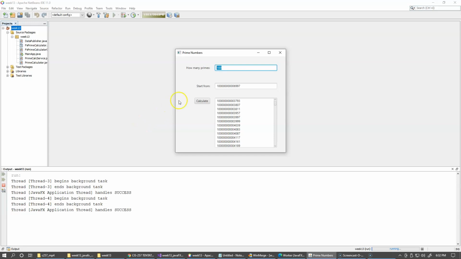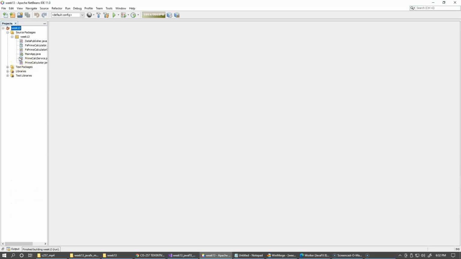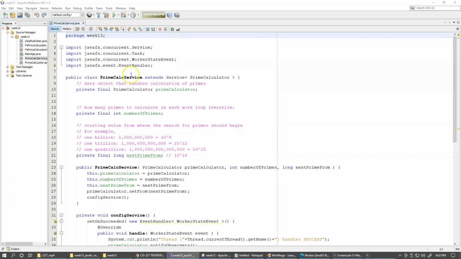In this demo project, we have a class named PrimeCalculatorService, which extends the Service class, and you can see the Service superclass is parameterized by our PrimeCalculator data object. This PrimeCalculatorService has a couple of configuration parameters specific to how we want to compute the prime numbers. So the number of primes and also nextPrimeFrom, which is the starting value from where the search for